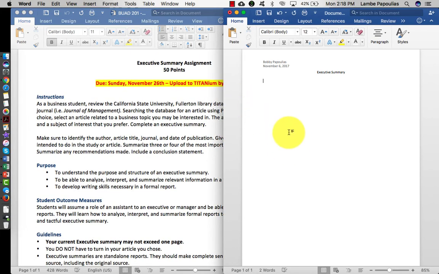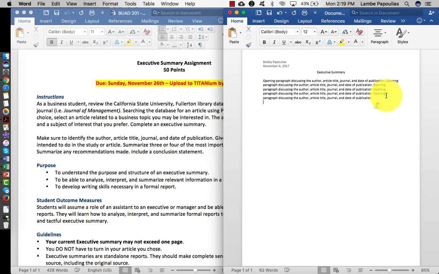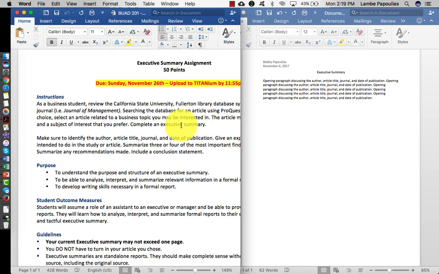So let's say, for this executive summary, I'm going to start an opening paragraph here. Opening paragraph discussing the author, article title, journal it was pulled from, and date of publication. So it may look something like this in your first paragraph. Let's just say this is your first paragraph here. Then you're going to skip a line,